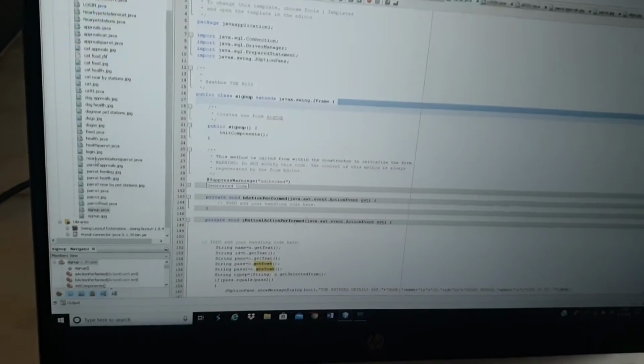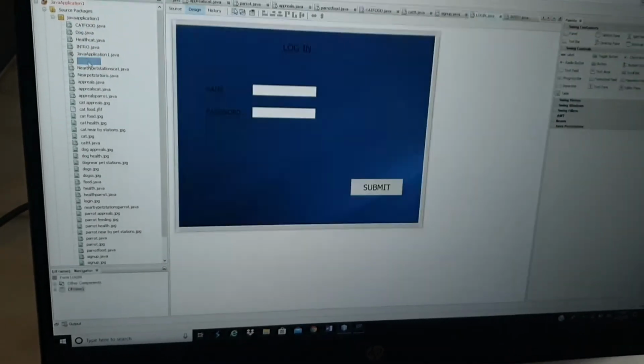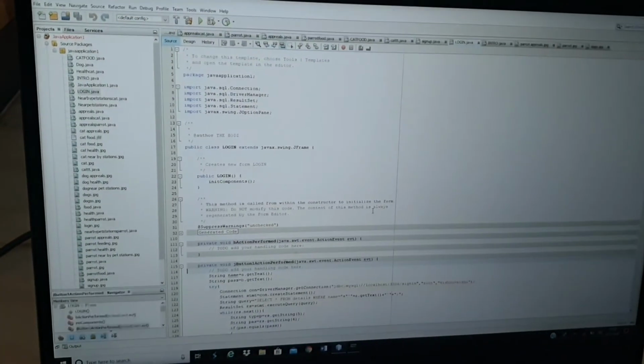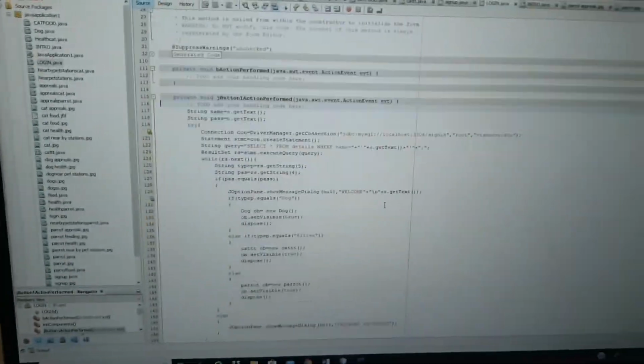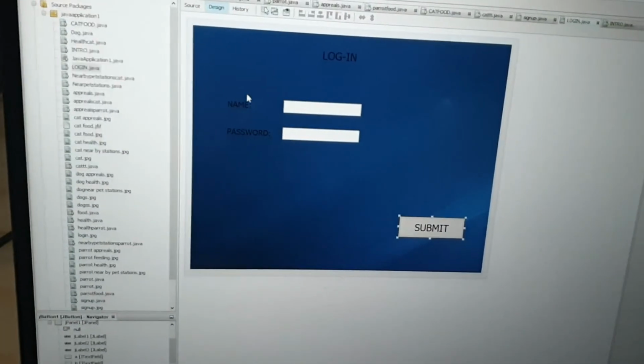And for login, this is my login frame. In login I have two components, name and password.